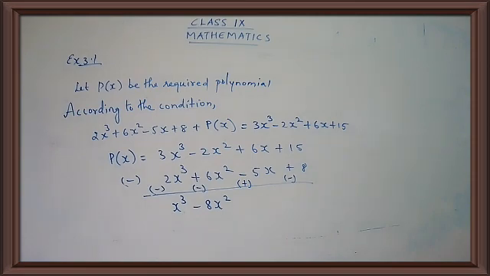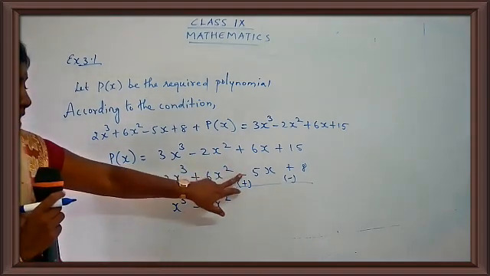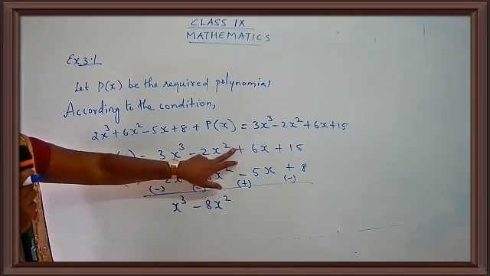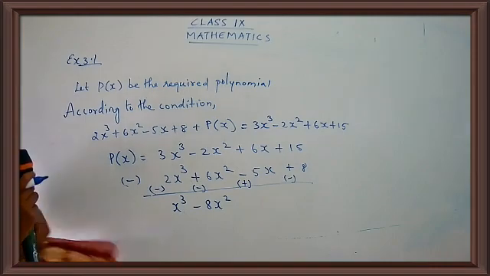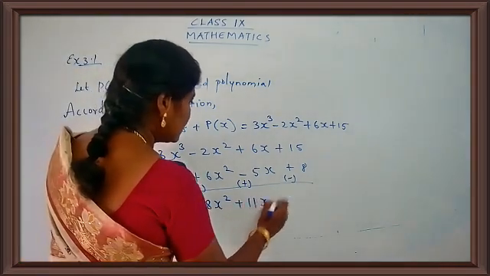So what do you get here? 3 minus 2 as x cube, and minus 2 minus 6 is minus 8x square. Now let's come to the third one. Plus 6 plus 5 plus plus. Now I told you don't take the older one, you have to take the new sign. So what is the new sign you have got here? Plus. So plus 6 plus 5. What is 6 plus 5? It's 11. Yes. Just put here plus 11x.